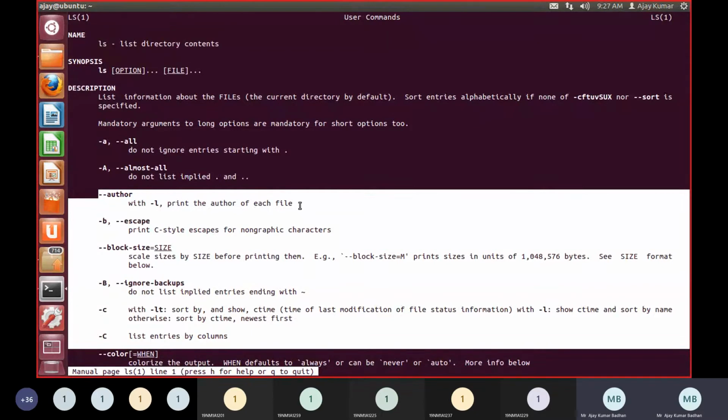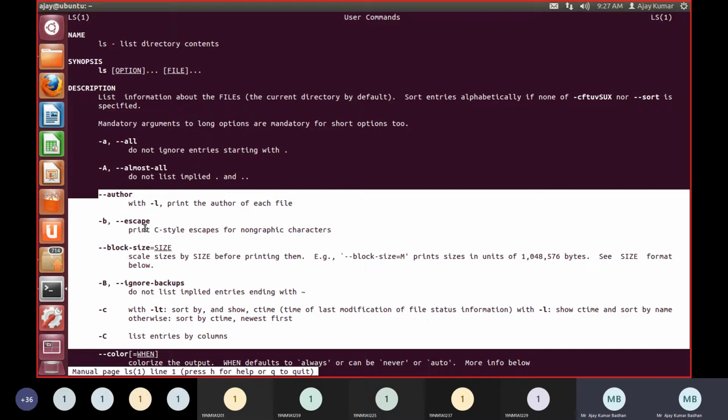Whenever we create a file, we can go to the system settings, to that particular file's settings, and change the name of who created it. You can see it when you place your mouse pointer onto that file; you will get the name of the author. Same way here, if you want to know which author has created a particular file, you can use dash dash author, and that is going to provide you the entire information.